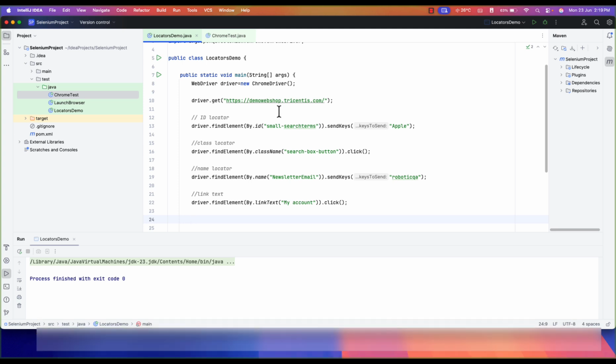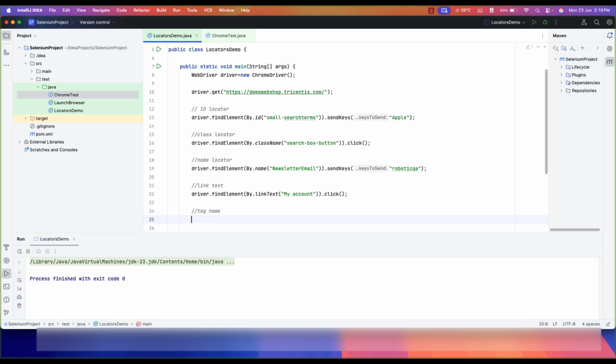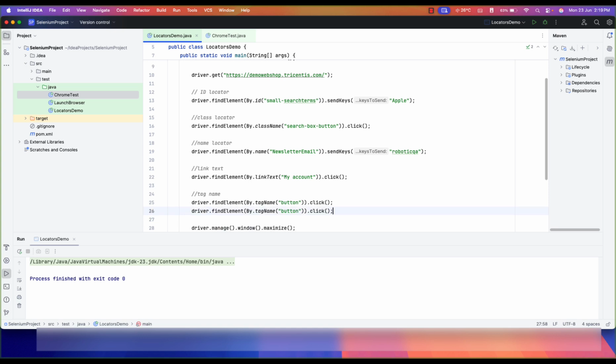Then we have a tag name also, right? So tag name will not work every time, just for demo purpose I'll write tag name here. If it is unique, it will work. So driver dot find element by tag name, and we can put the tag name here. So let's say tag name is button. Okay, so dot click. If it is present, it will work, but I don't think it will be available